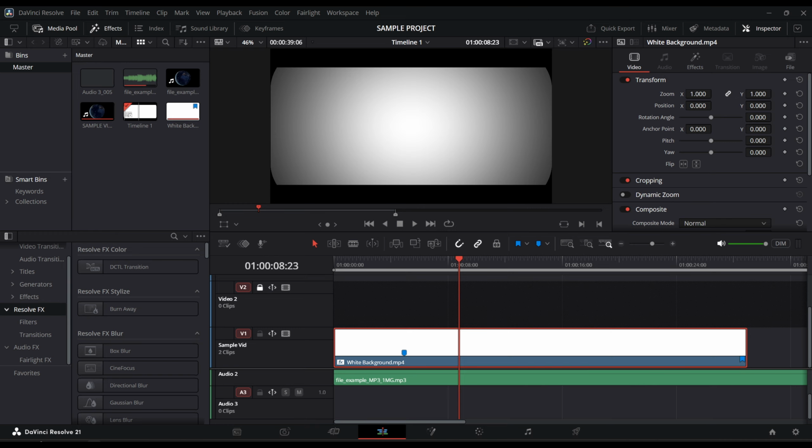If your track still doesn't seem editable after unlocking it, just double-check that you selected the correct video track in the track section and that the lock icon is no longer active. That's how to unlock video tracks in DaVinci Resolve. Once you know where the lock control is, it becomes a very quick part of your editing